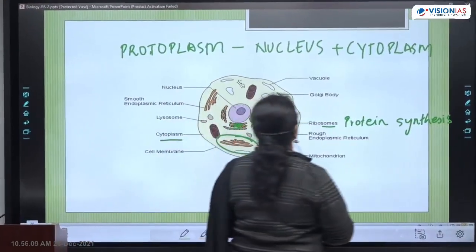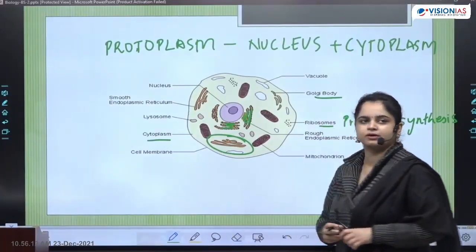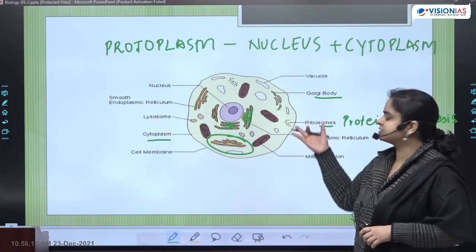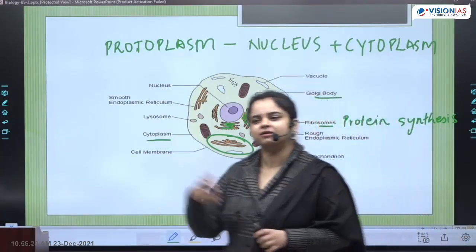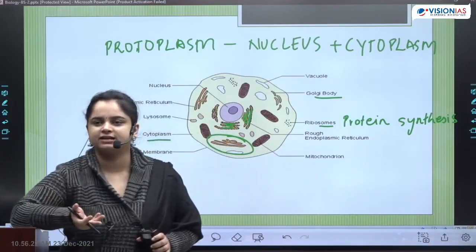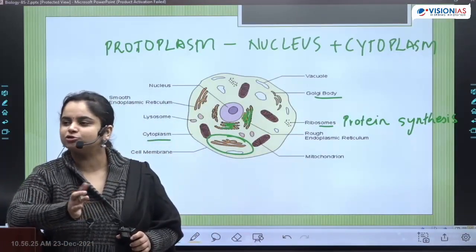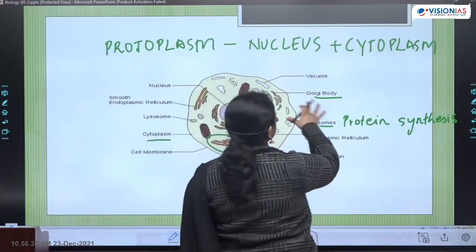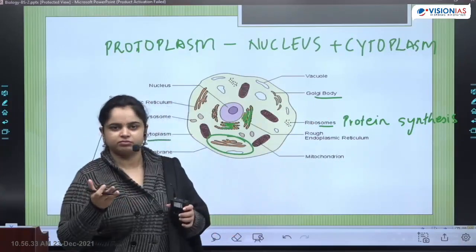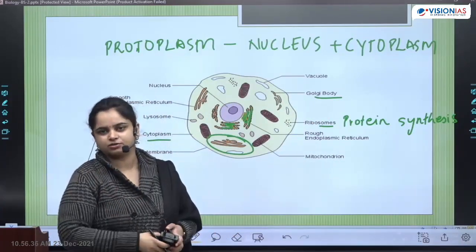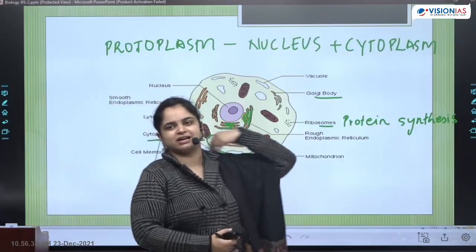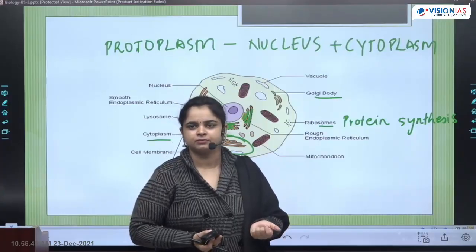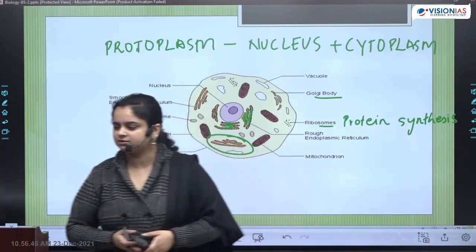The next organelle which we have is Golgi bodies. This Golgi body is for packaging and taking things from inside and outside the cell. Like you are producing proteins, those proteins have to be sent outside the cell. How will they go outside is, first the Golgi bodies will pack them. There's going to be a packaging and then they will be dispatched. Similarly, when anything from outside has to come inside, for that also Golgi body does this function of packaging. Okay, write down Golgi bodies.